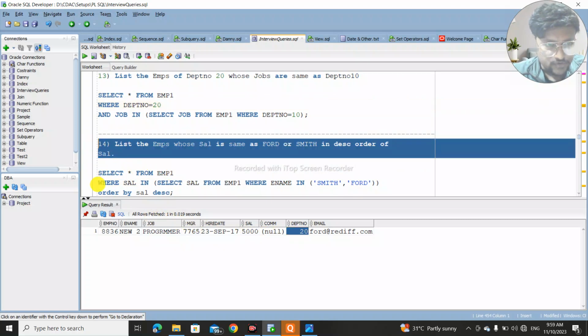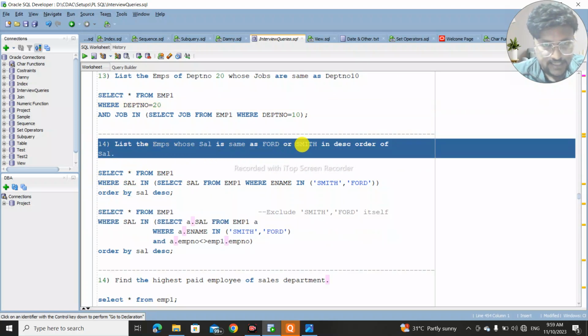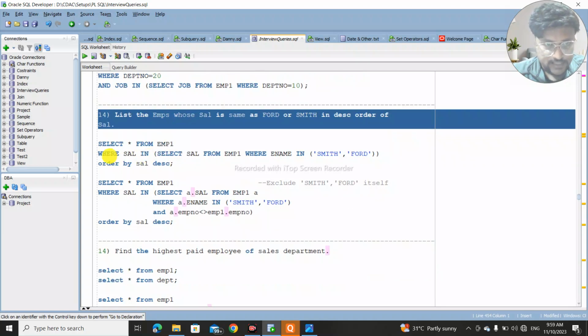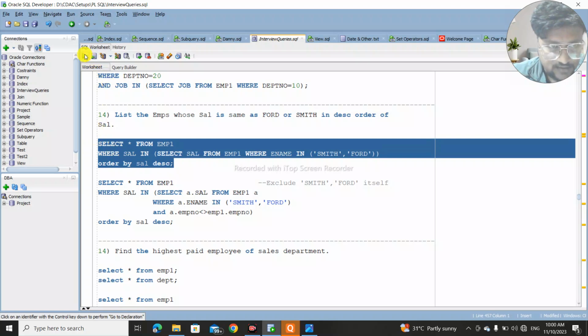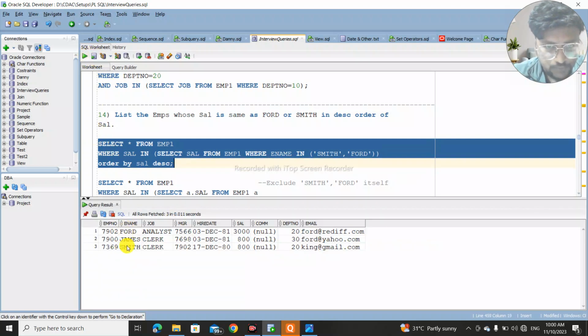Now question number 14: list the employees whose salary is the same as Ford or Smith, in descending order of the salary. We have to order the data in descending order. So let's see how it works. Select star from EMP1 where sal in, select sal from EMP1 where ename in Smith or Ford. So we are comparing the salaries of Smith and Ford. Then order by sal in descending order. So if I run this query,